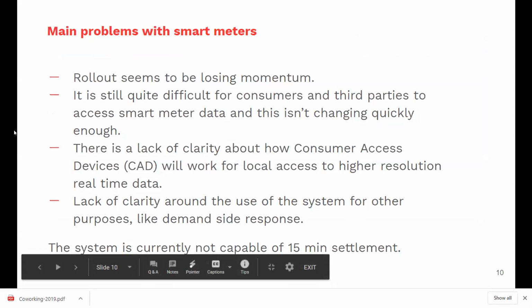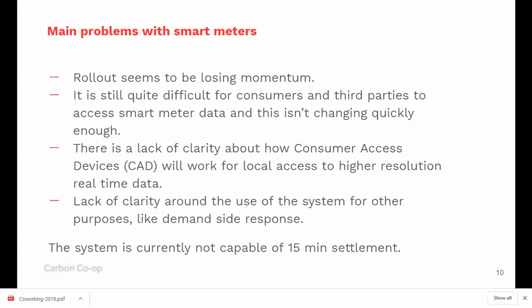So as I said, the rollout has sadly lost a bit of momentum. It's quite difficult for some people to access the data because things aren't changing quickly enough. There's not necessarily that much support on the ground, which is unfortunate. And we do actually need that data. It's quite important